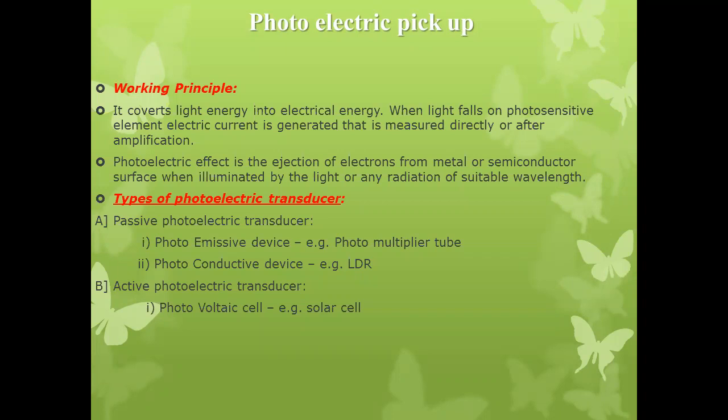We can say that the resistance of this LDR totally depends upon the intensity of light. Whenever the light intensity goes on decreasing in the evening, the light dependent resistor will give a signal to the control circuit of the lamp, and that lamp will glow whenever the light intensity goes on reducing.